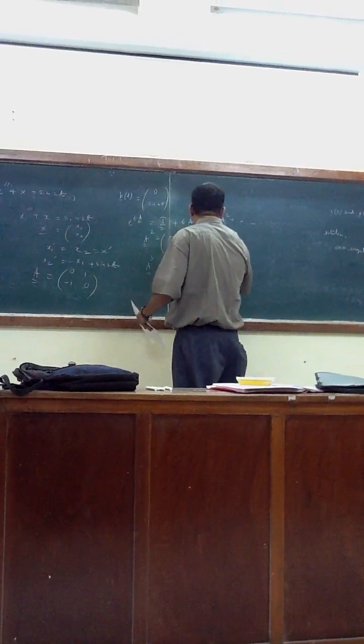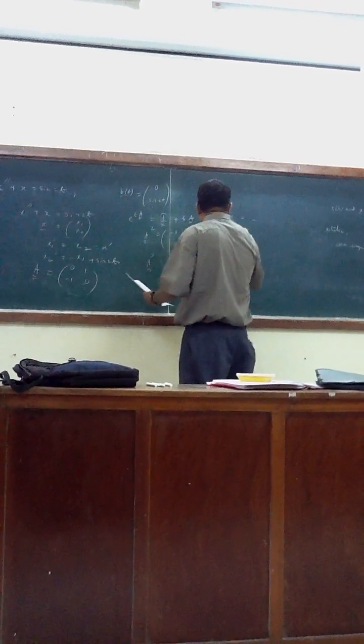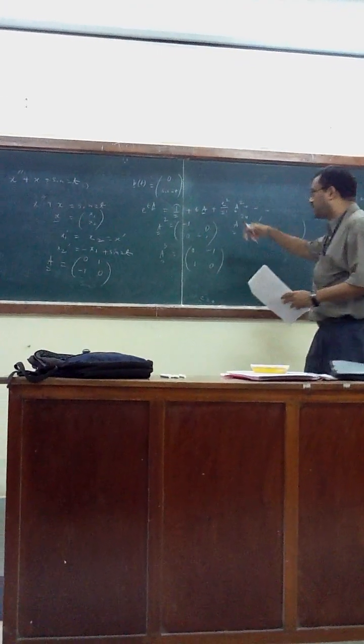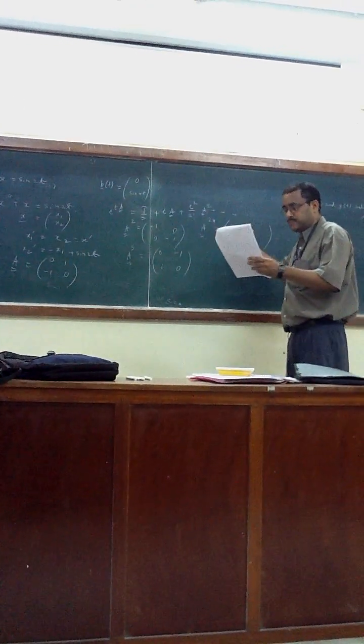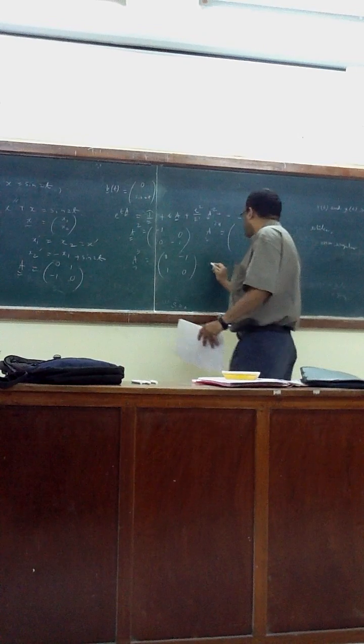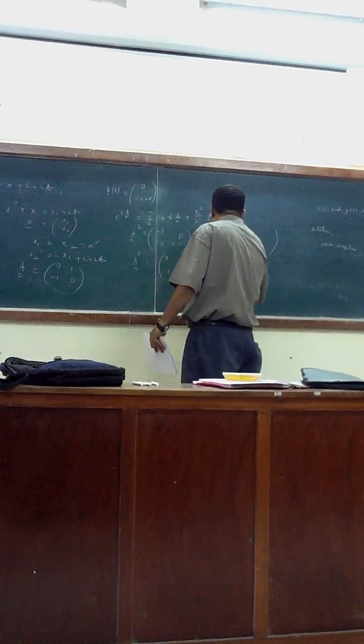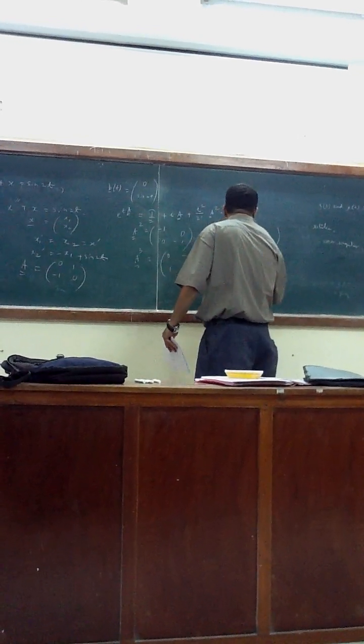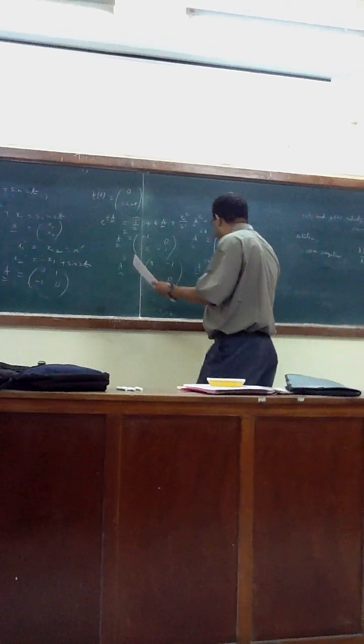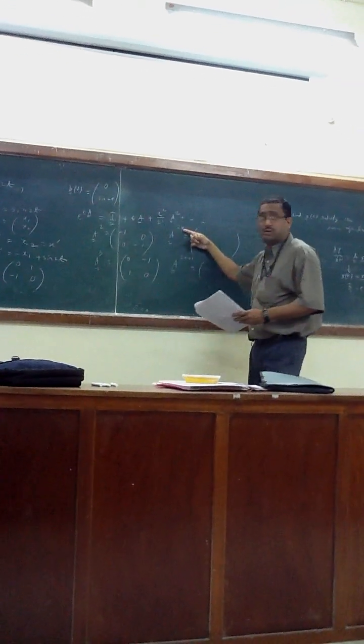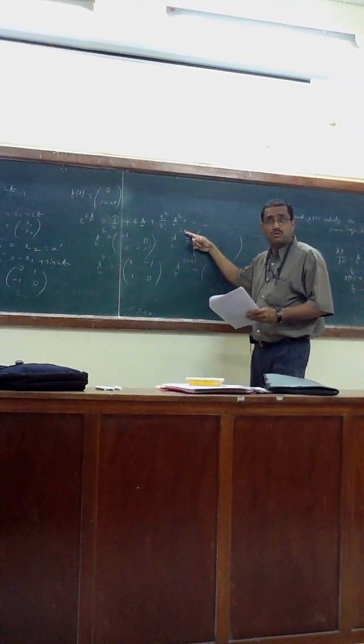1, 0. If I say a to the power 2n, what will be this from here? Can you compute? I have two systems, a to the power 2n and a to the power 2n plus 1. What is that? No, it should be in terms of n, no? Don't say minus 1, 0.